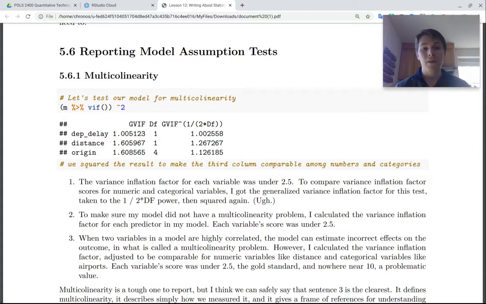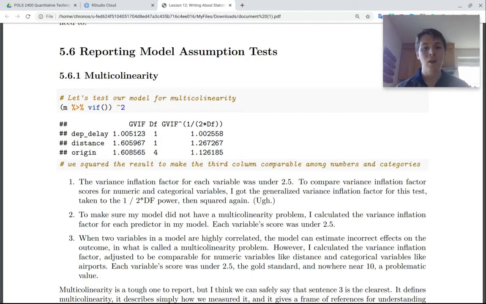Here's another way we could say it. To make sure my model did not have a multicollinearity problem, I calculated the variance inflation factor for each predictor in my model. Each variable's score was under 2.5. You know, that's not bad. It does simplify some things, and that's good. It also glosses over the fact that we transformed the variable, that we transformed the VIF test. And you know, like, I think that transparency is a good thing. So let's try a third one that explains more what is